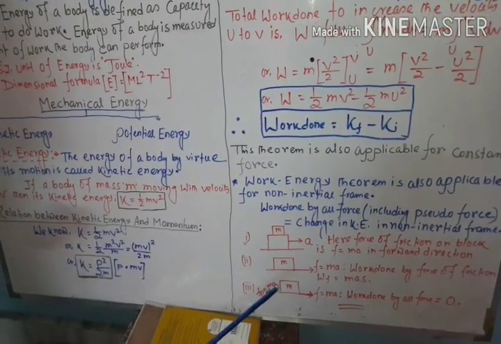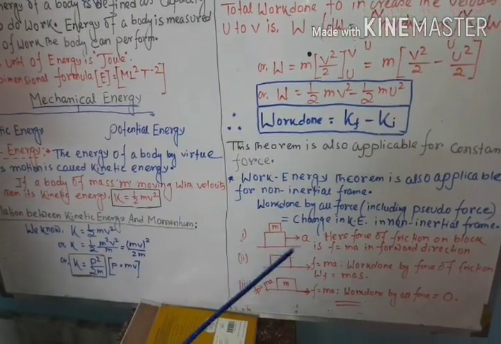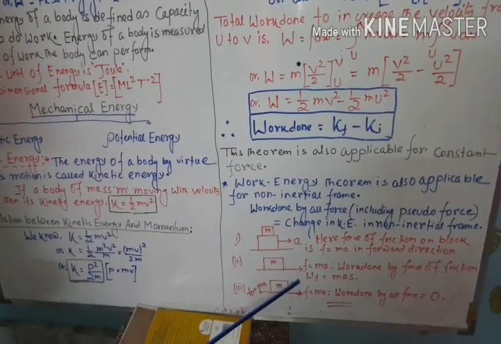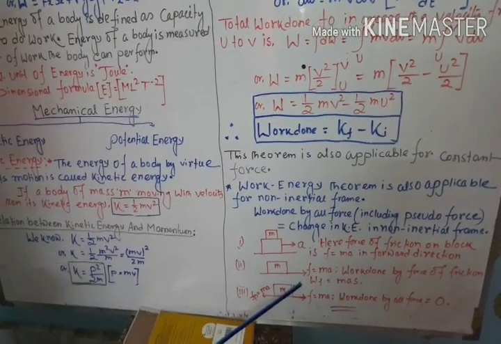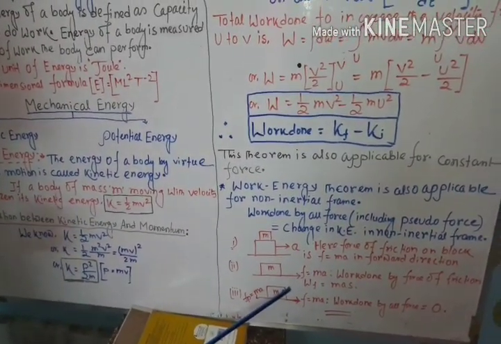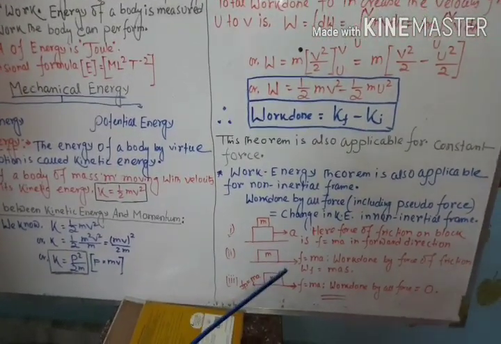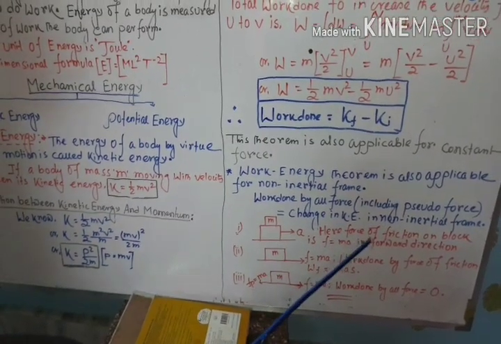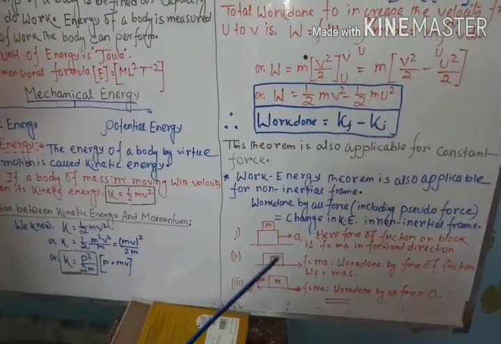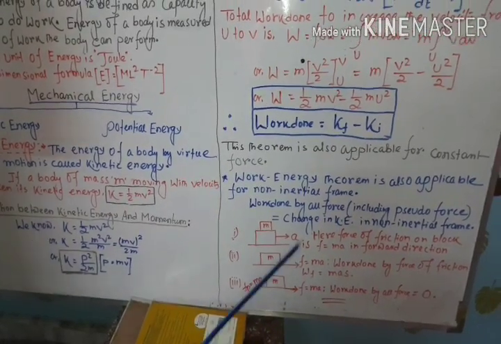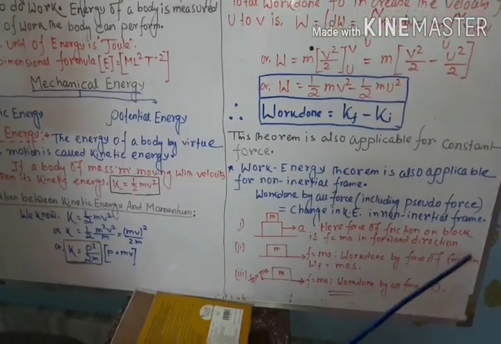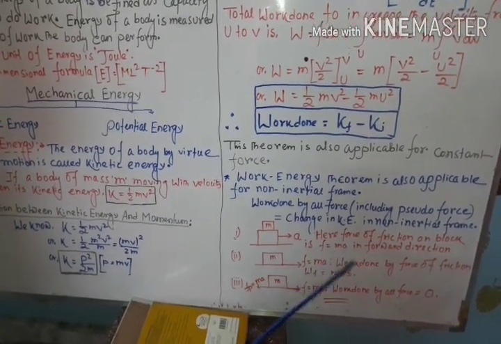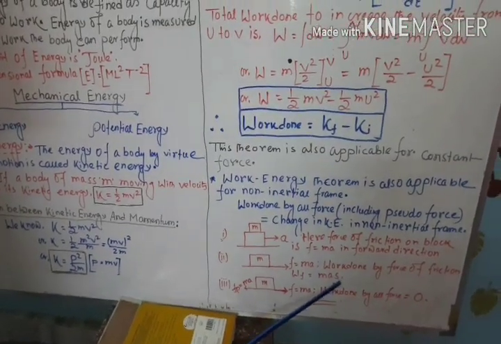If we indicate the force on the block of mass m from the ground, ground means the inertial frame of reference, and there will be no slipping between the block and the plank. In this type of situation, you consider the plank moves a distance s, therefore the block also moves the same distance s. Then the work done by the force of friction is given by Wf equal mas, because ma is the force of friction and s is the displacement of the block.